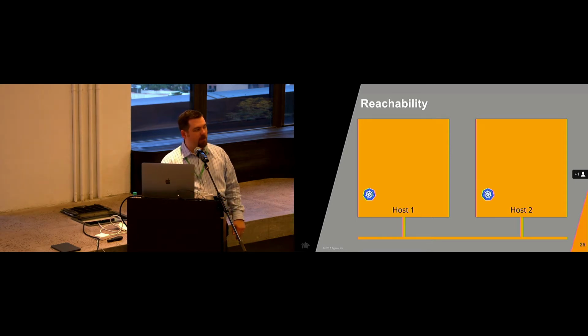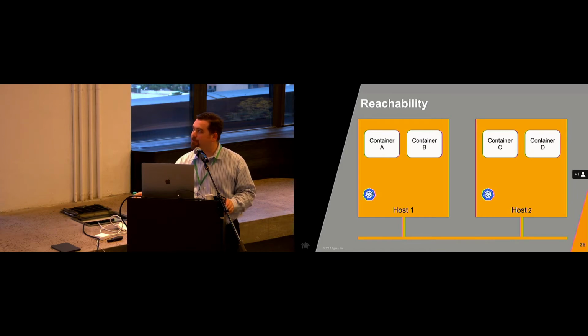Where things get interesting is when we start introducing some type of orchestrator and some type of container framework or runtime framework. So in this case, let's say I throw containers A, B, C, and D into the mix. Throw the first 2 containers on host 1, the second 2 on host 2, and I want container A to communicate with container C. Now I've got an intermediate involved, because if you remember from the previous diagram, each of those containers has an Ethernet 0 interface in them, but the other end of it dangles off into the root network namespace of the host. So the host actually has to act as a forwarding agent to move the packets onto the network and across to the other host.